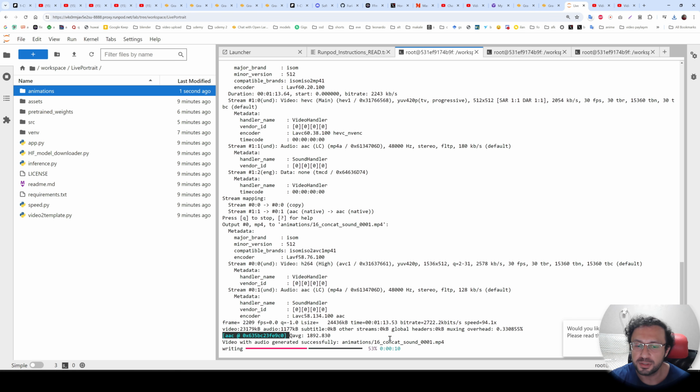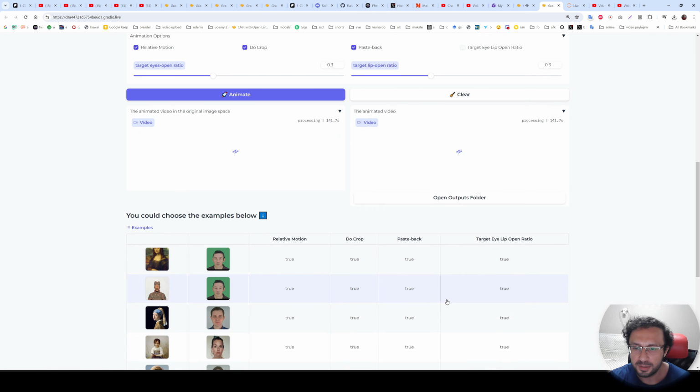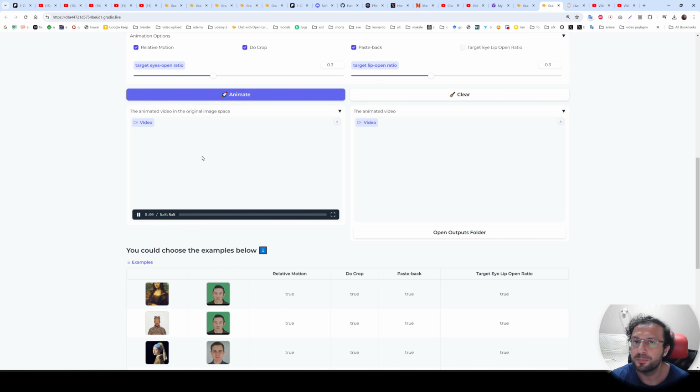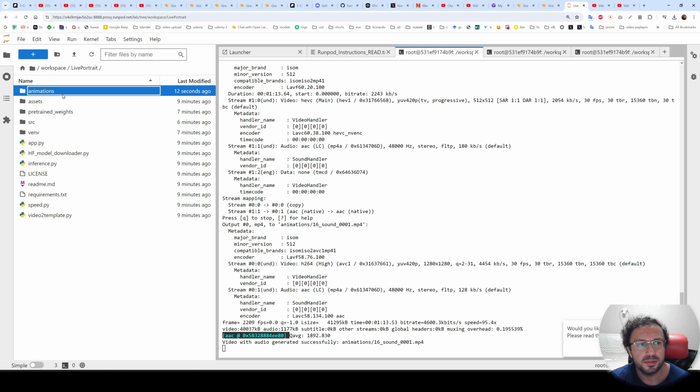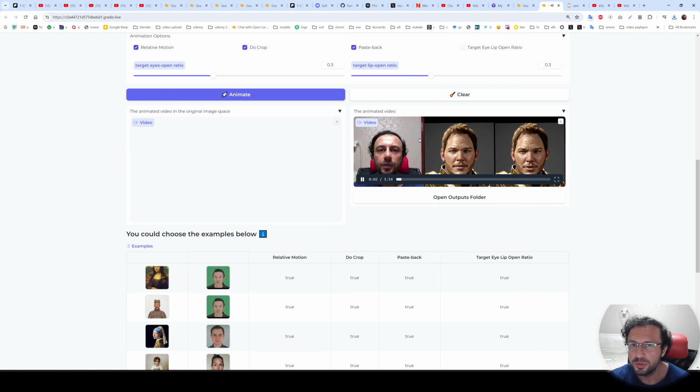It is now merging the generated videos into one big video, like here, like this one. You see our driving video, source image, and the generated video. And the second GPU is also completed. Wait for Gradio to be updated to be shown here. It is not very fast sometimes, so you have to wait, or you can enter inside animations, right click and download the individual files from here, like this. And you see the video appeared on the Gradio as well.